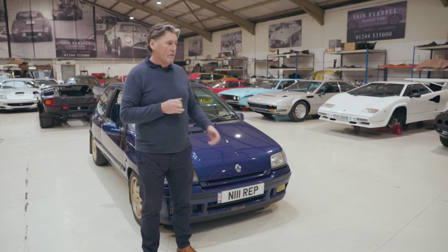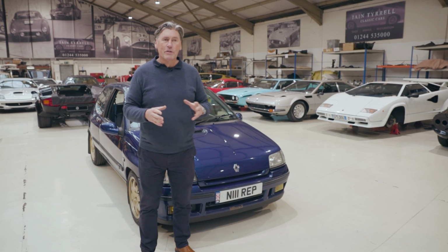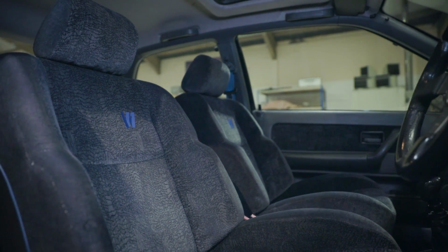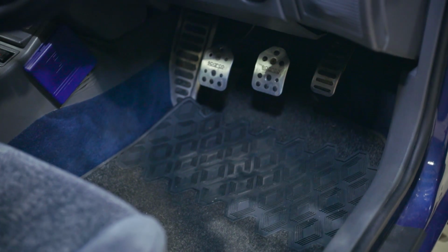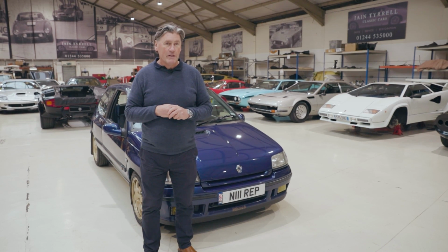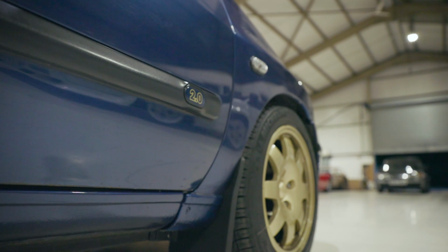So they came up with this, the Renault Clio Williams, the one as it subsequently became, and it was a homologation special for Group A and Group N rallying. And they were supposed to make 2,500 was the amount that they were intended to churn out. They actually ended up making a lot more than that, and after producing a collector's edition, the Williams 1, they